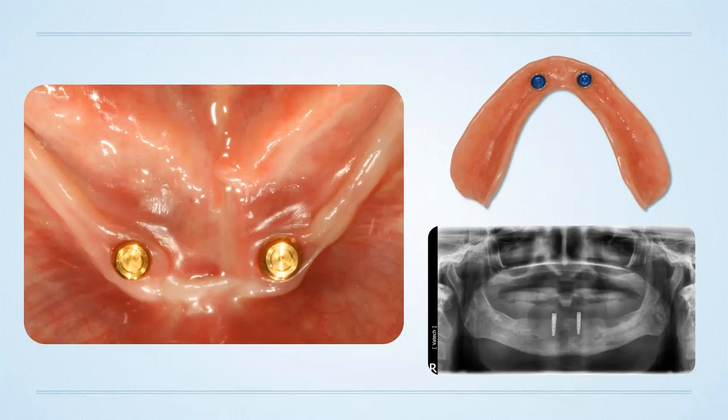There's not a lot of critical anatomy in that lower anterior ridge. In between the mental foramina, it's a very safe position. There's a lot of reliability there. It's also got a lot of background, historical evidence, etc. And in my practice, this is going to be the patient that just really can't afford anything more than just